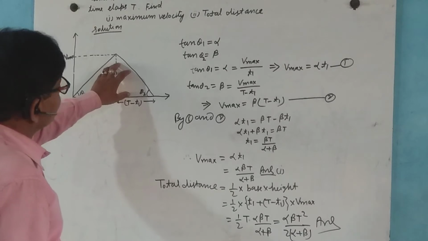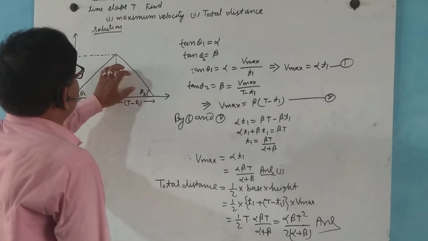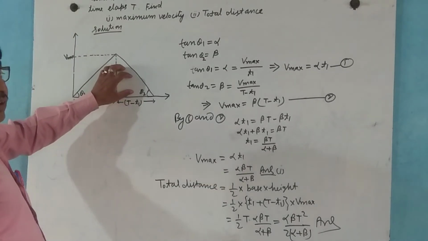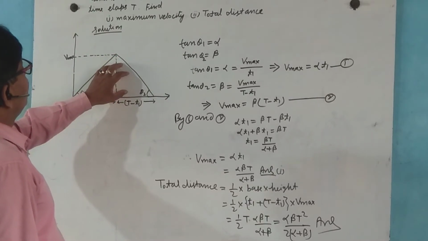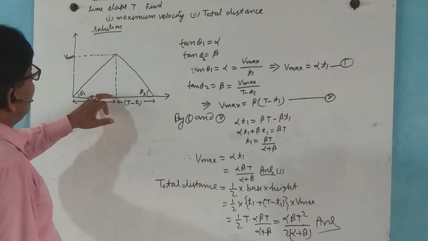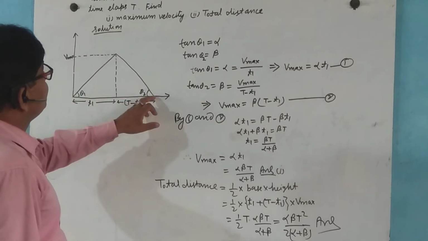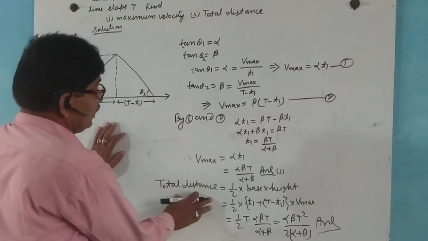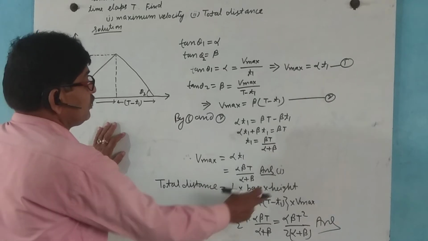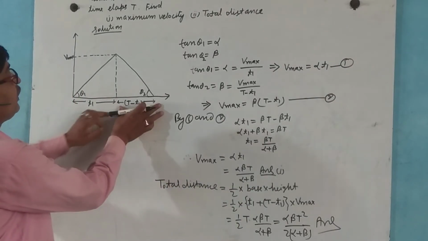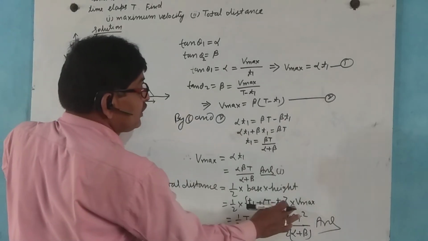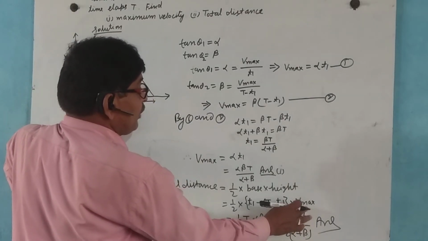This is the total distance. This is a right angle triangle. Here this is height and this is base, so total distance is equal to 1 by 2 base into height. Base, this is T1 and this is capital T minus T1, the sum of these, into height, the maximum velocity here,